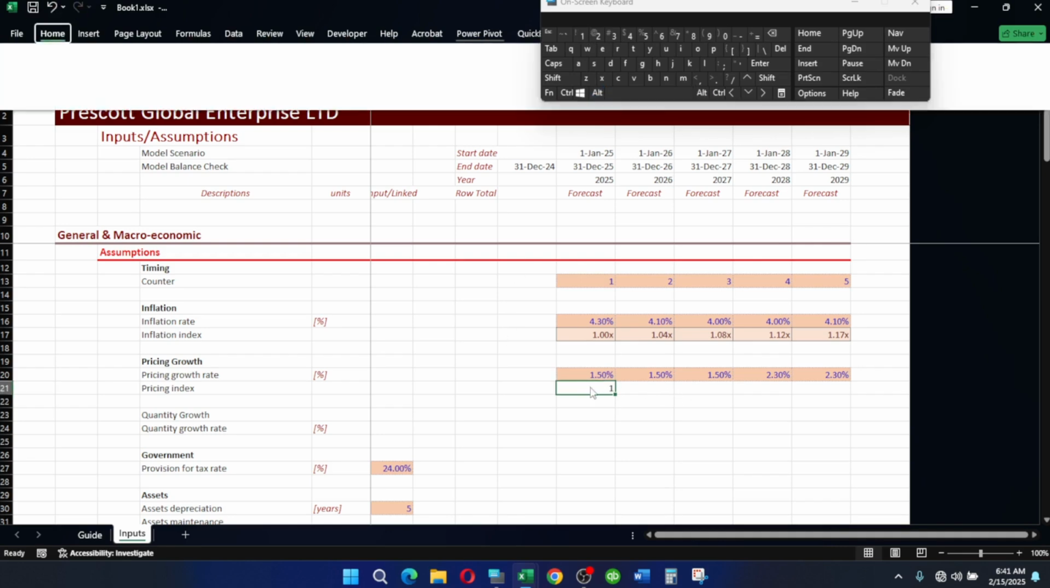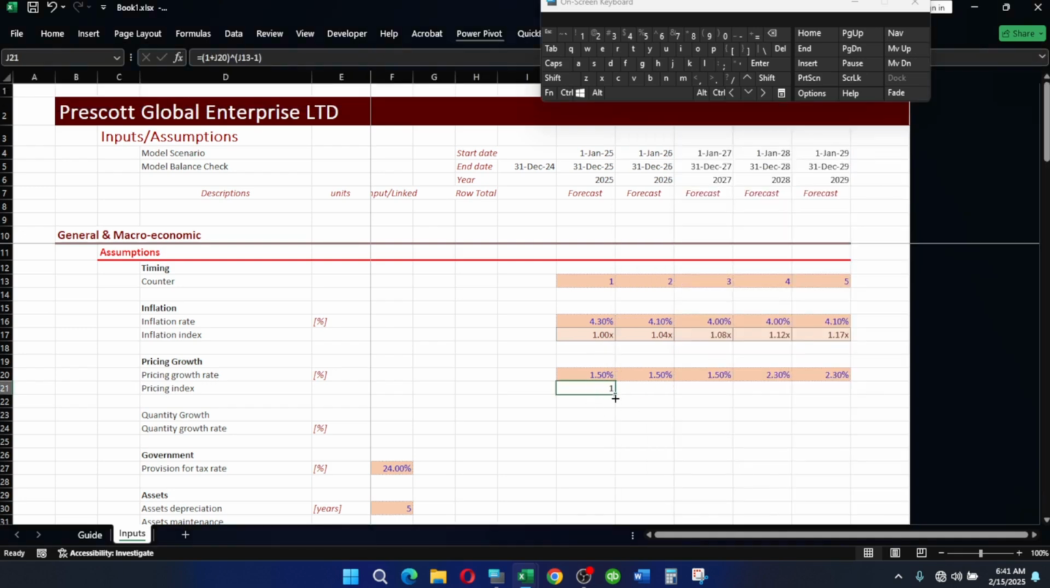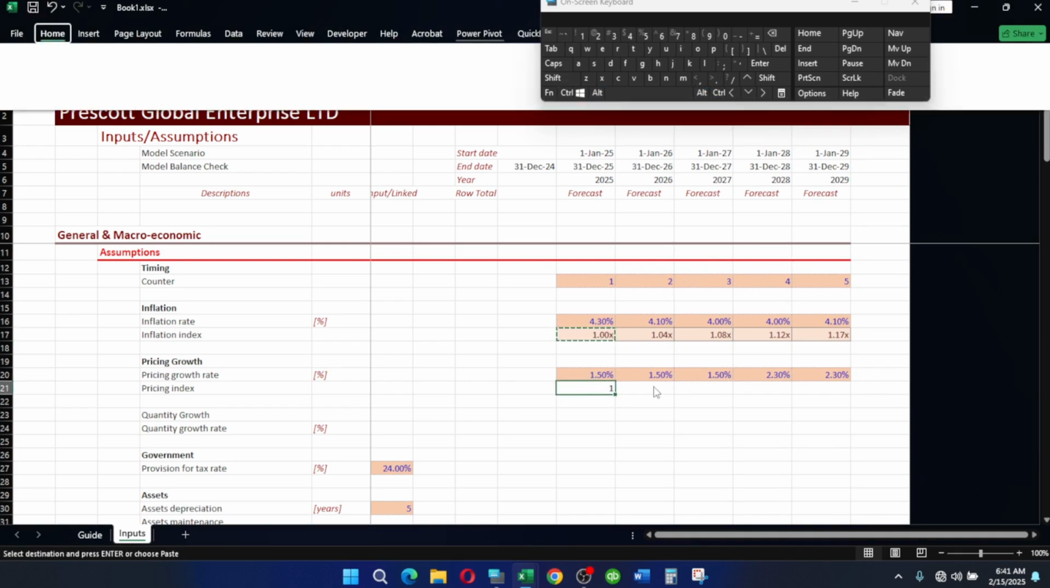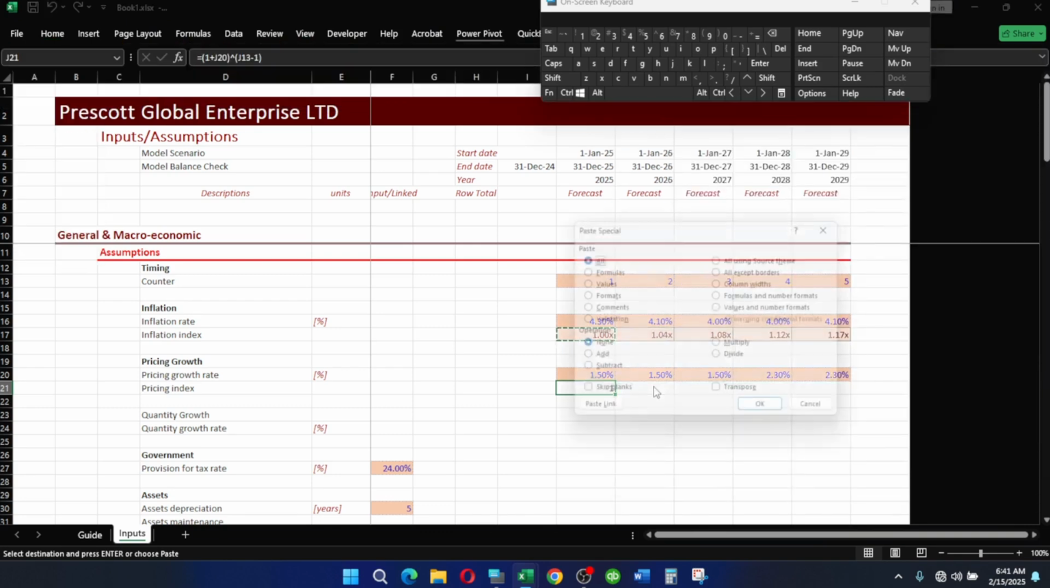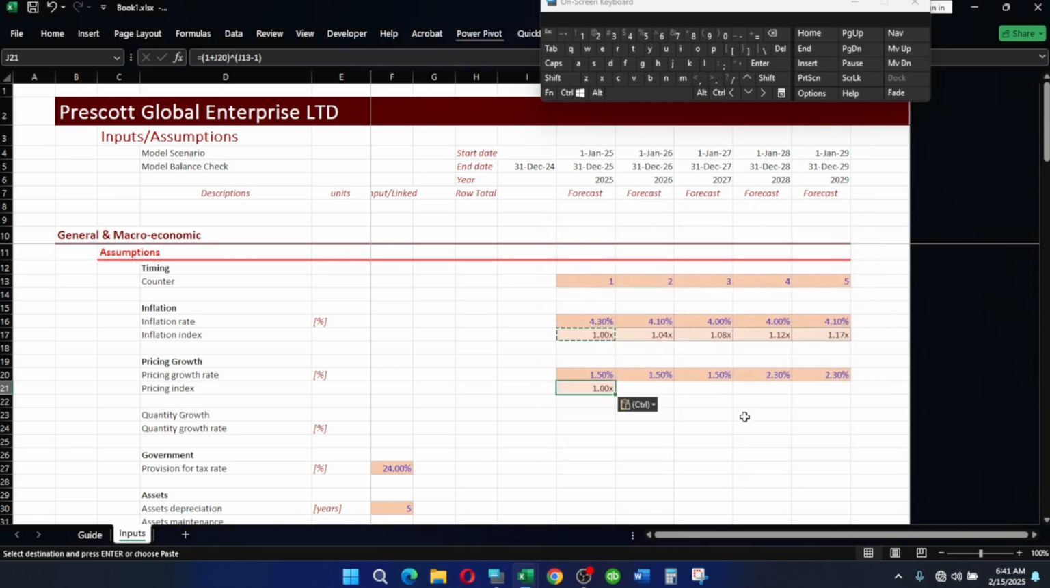So let's apply this multiple. Let's apply this format. So copy, then this format. All right. So click and drag. And see everything is in place. All right. So that is another way. Now the quantity growth rate,